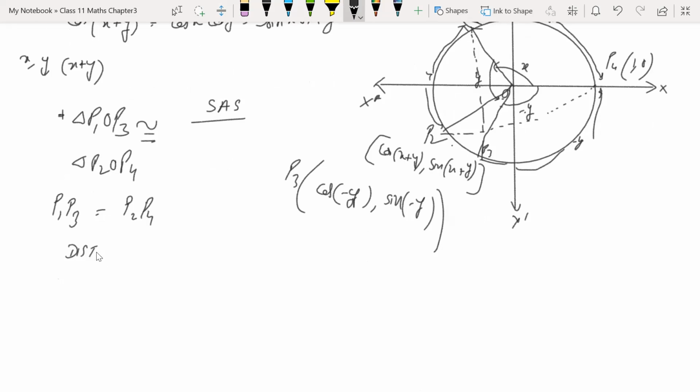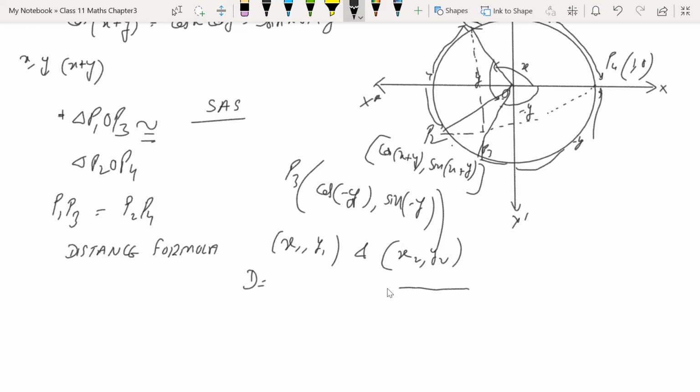What does the distance formula state? The distance formula states that if you have two points, (x1, y1) and (x2, y2), the distance between the two points is given by